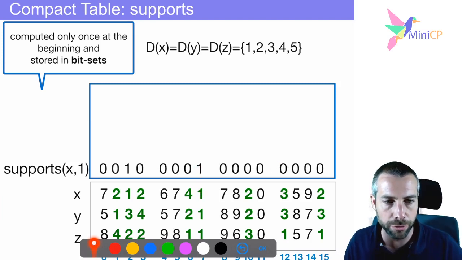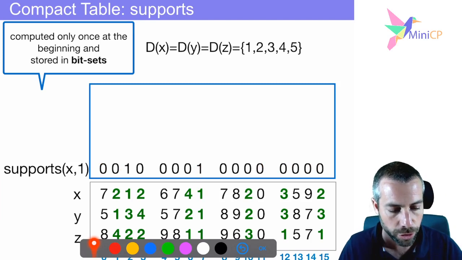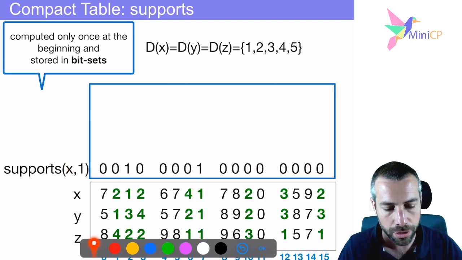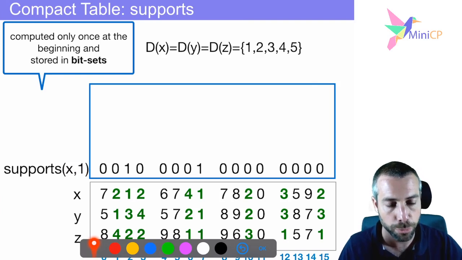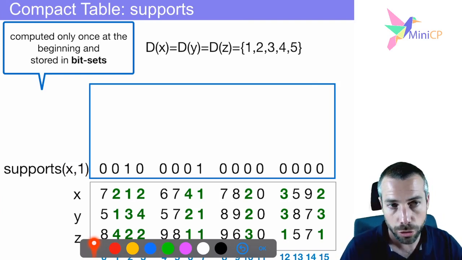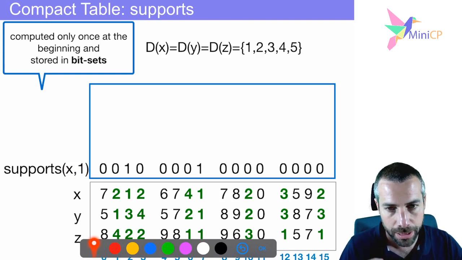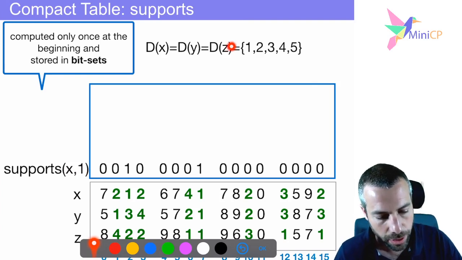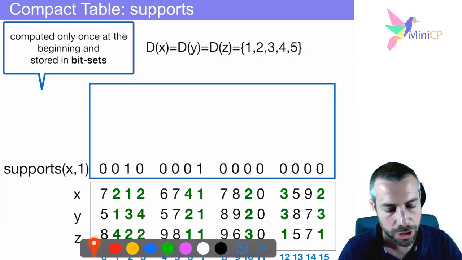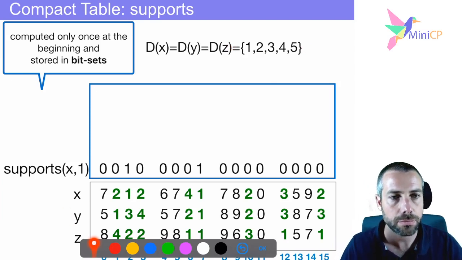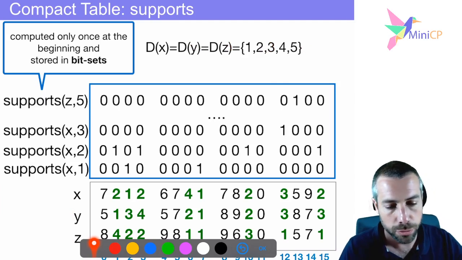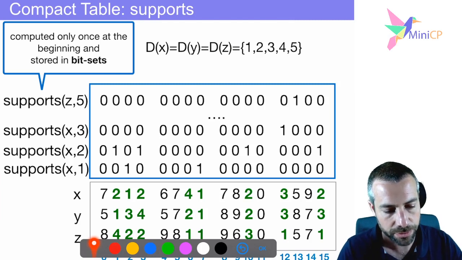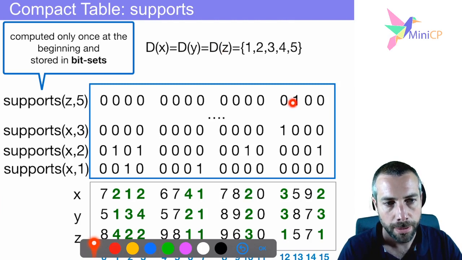And we do that for every pair of literal. As soon as you've got the corresponding variable and corresponding value, you've set it to 1, otherwise it's 0. You pre-compute that initially in compact table, so a bit set for every literal initially according to the domains, for every variable value in the domains initially according to the table. So you pre-compute the bit sets like this for all the literals up to z5, the third variable and the last value.